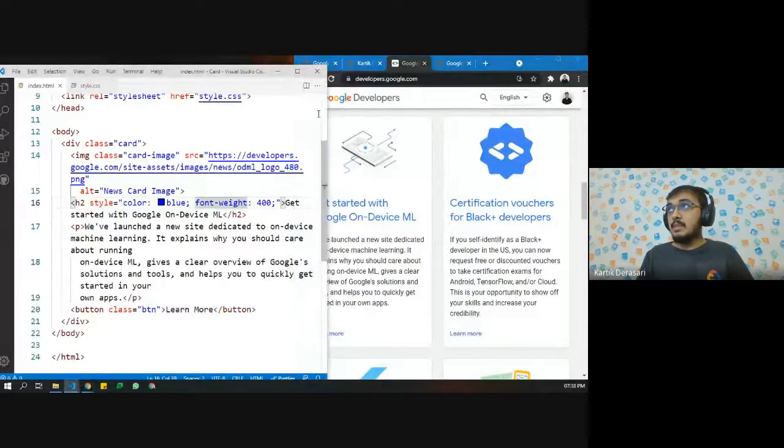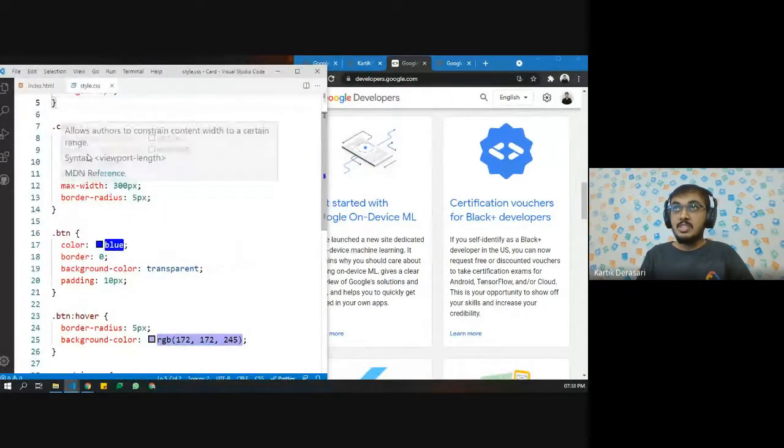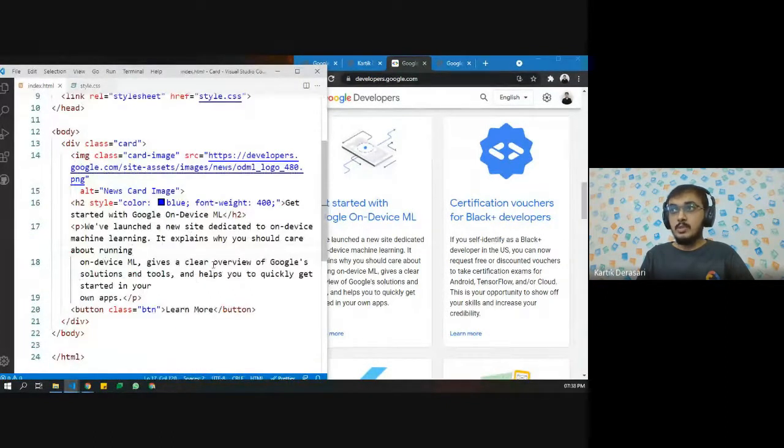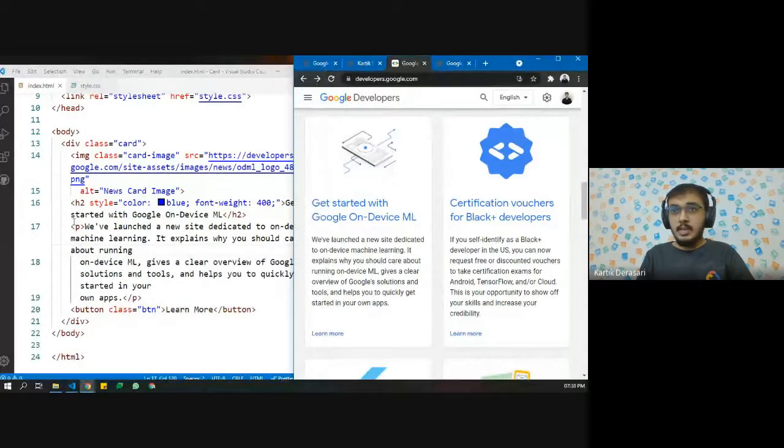So do you have any questions in this project? Here we have used different concepts, inline and block element concepts. We have also used HTML and CSS properly, different kinds of CSS. Here we have used inline CSS. We have also used an external style sheet, and so on and so forth. So, any questions so far? Any questions?